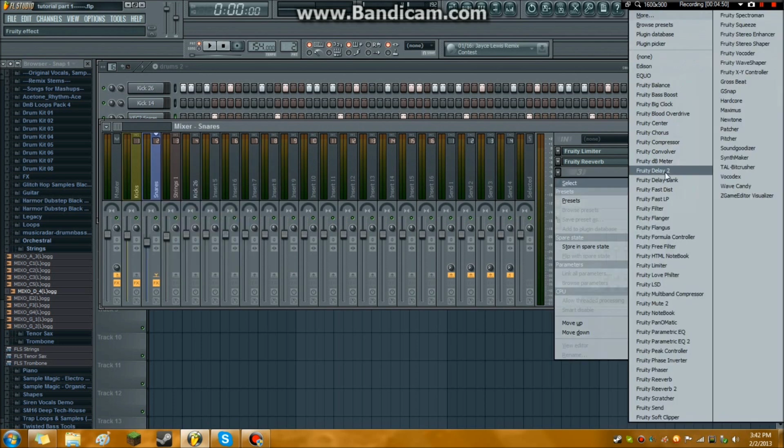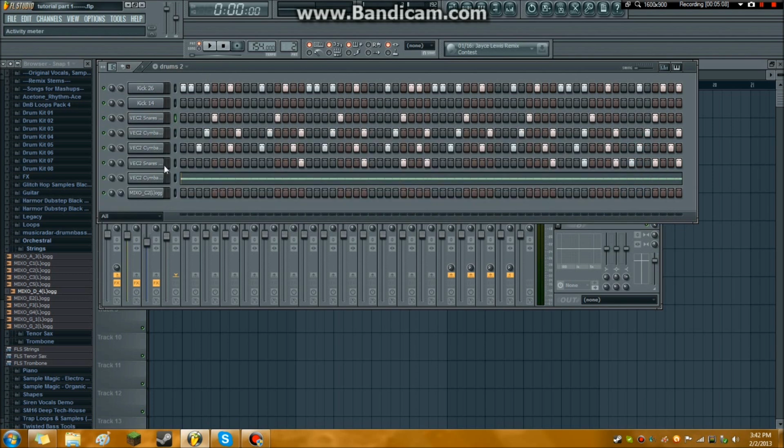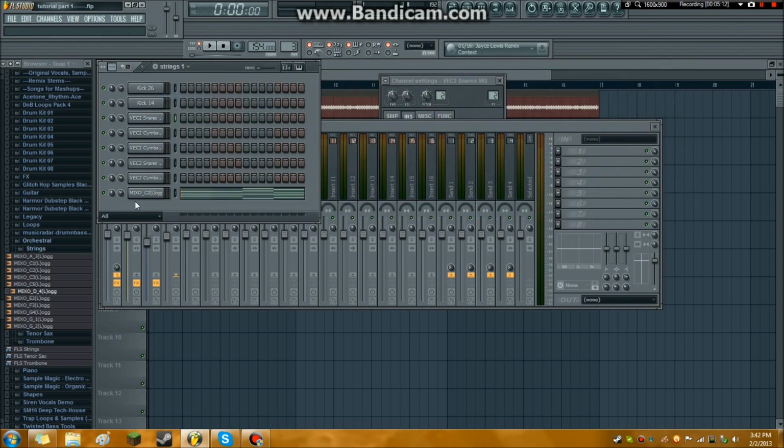Another really useful one is delay. It's really simple, obviously. It's really good for any kind of plugin and sound. This is where I'll get into more of the effects. So those are just a few basic ones that I use a lot, especially for drums and for the mixer, the master stuff. But when you're getting in with other samples, for example, a string sample that comes